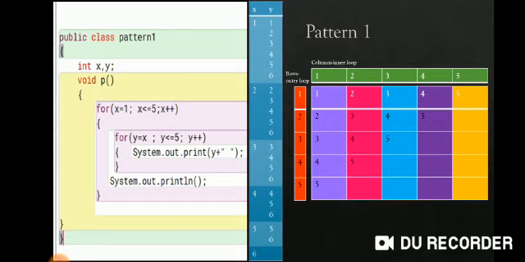When the value of y is 5, what will happen? It will go up, it will increment the value of y, it will become 6. When the value of y becomes 6, what happens? It reads the condition and the condition is false. When the condition is false, it comes out and it reads the statement System.out.println and it moves the cursor to